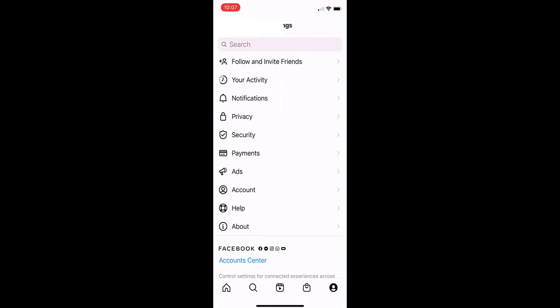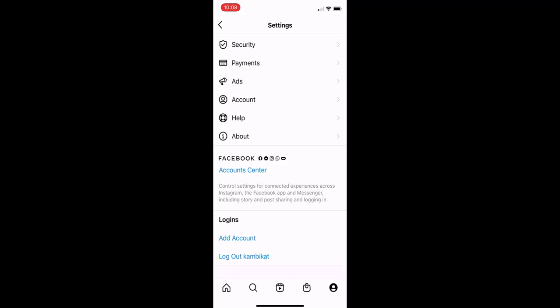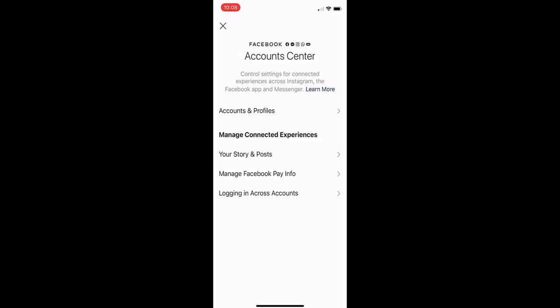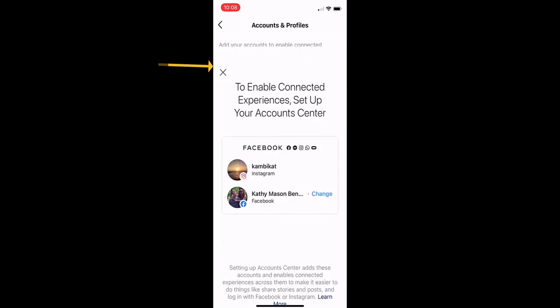When you click on the settings, you'll see down at the bottom it says Facebook and Account Center. So what you're going to want to do is click on that Account Center, and it will open up and give you information about the different accounts that you have. Here, you're going to click accounts and profiles. When you click this, it will probably, the first time, give you the option to add accounts. So you're going to click that add accounts, and it will bring up the accounts that you are logged into